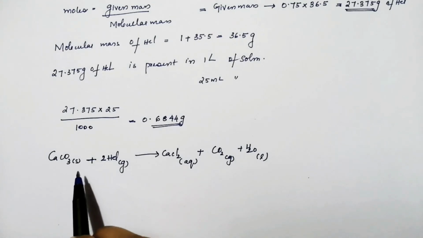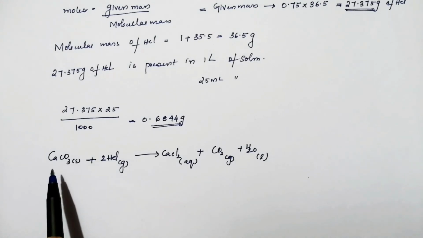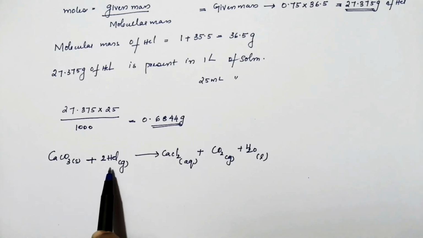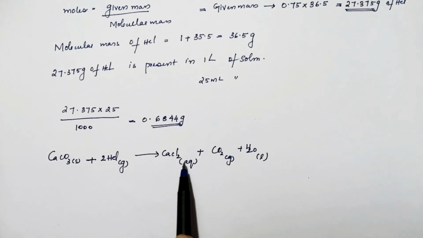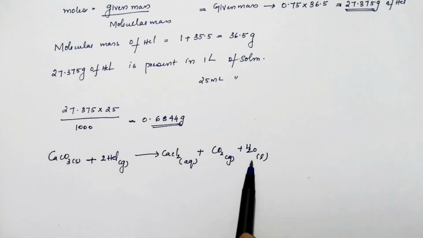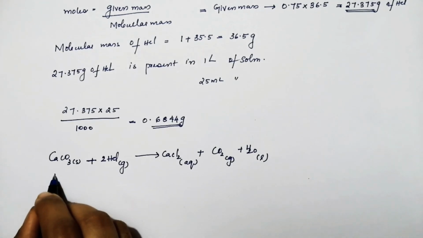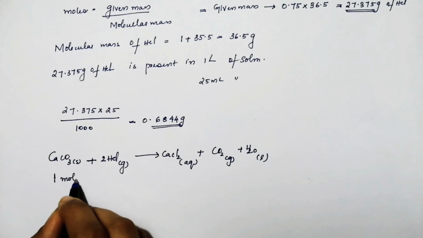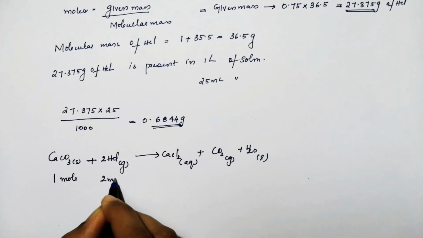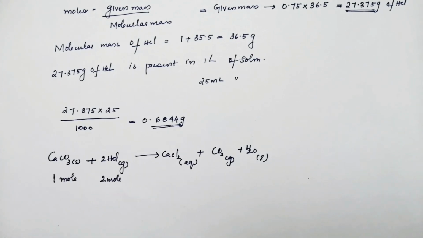Now let us look into the given chemical equation, where calcium carbonate is reacting with HCl giving us calcium chloride plus carbon dioxide and water. From this equation we know that 1 mole of calcium carbonate is reacting with 2 moles of HCl to give us this reaction. So we can say that 2 into the molecular mass of HCl, 36.5,